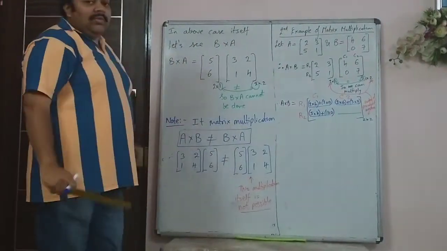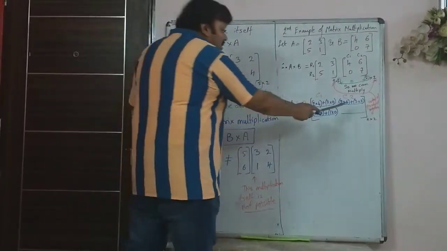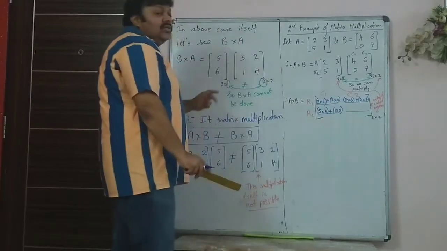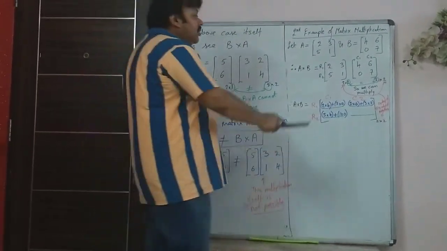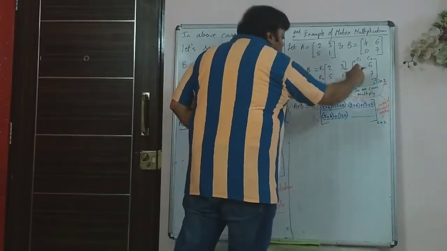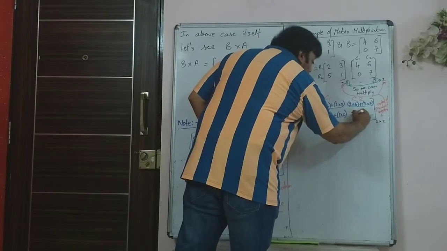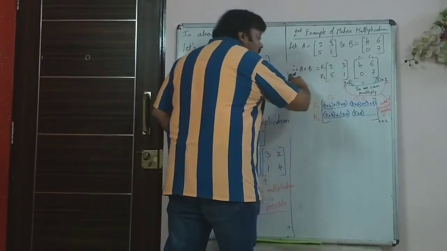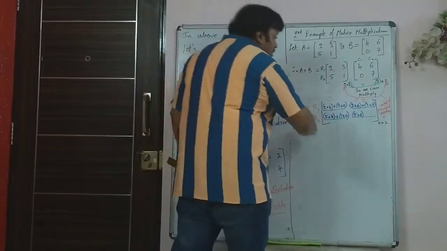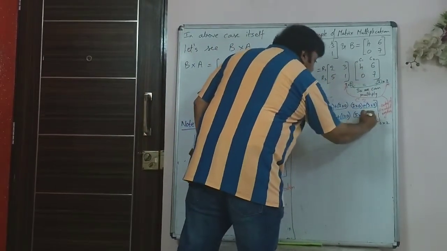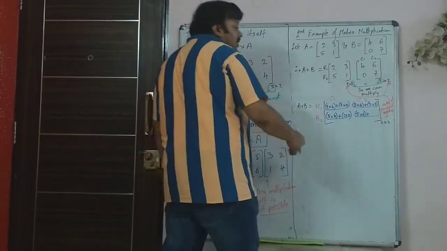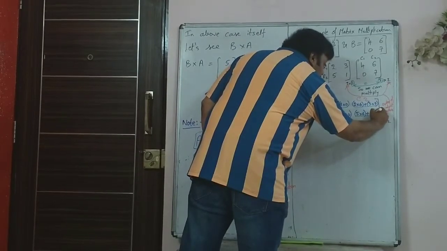Now there is one more element to be completed there. That position, that seat number is R2 C2. So 5 into 6, first element with first element. Now you are taking R2 C2. Don't be in a hurry with this. Go slow. Plus second element of R2 with second element of C2, that is 1 into 7.